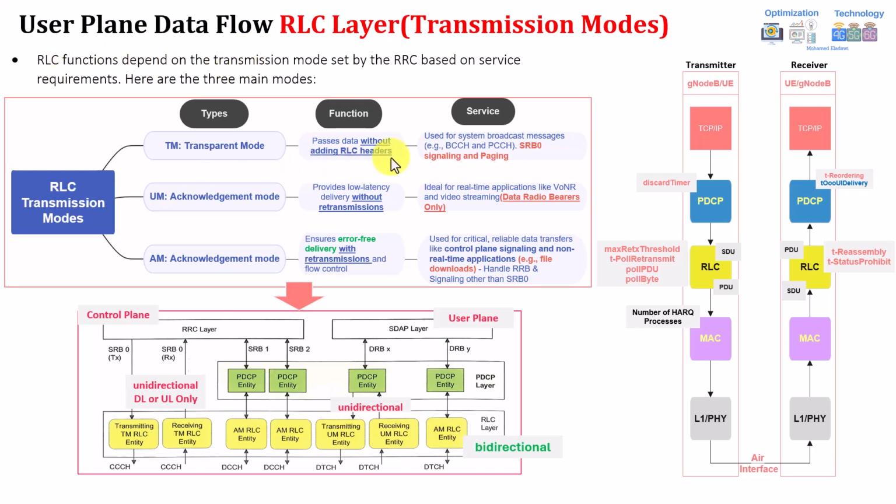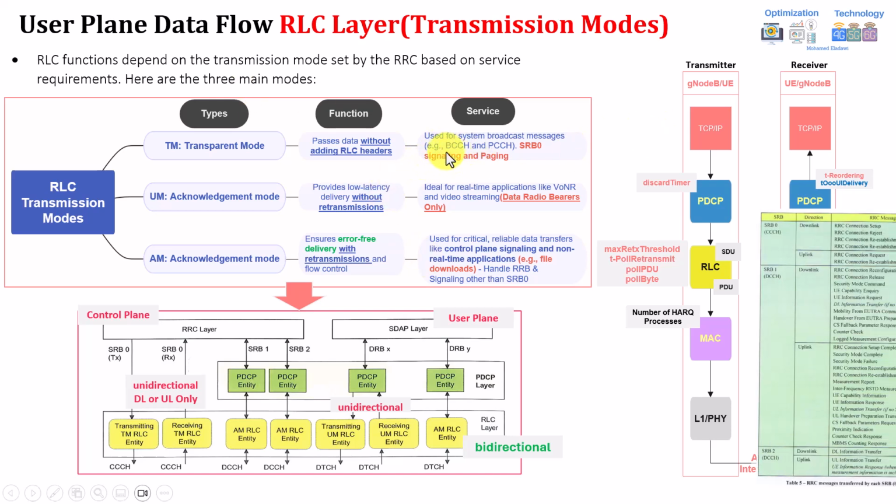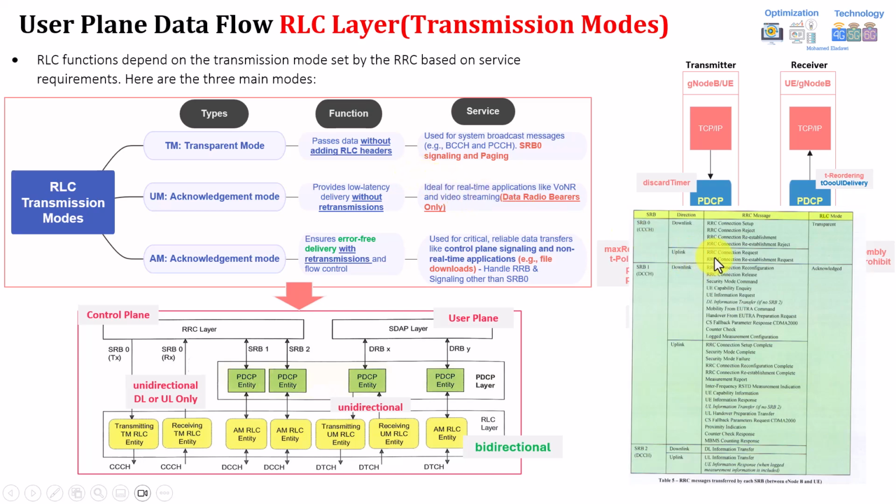This is mainly used, from a service point of view, with something called signaling radio bearer 0. And signaling radio bearer 0 is mainly used for control broadcasts, such as broadcast channels and also paging, where this information needs to reach multiple users. I will give you examples. This will also be shown next from Wireshark. As you can see, the SRB0, signaling radio bearer 0, here.